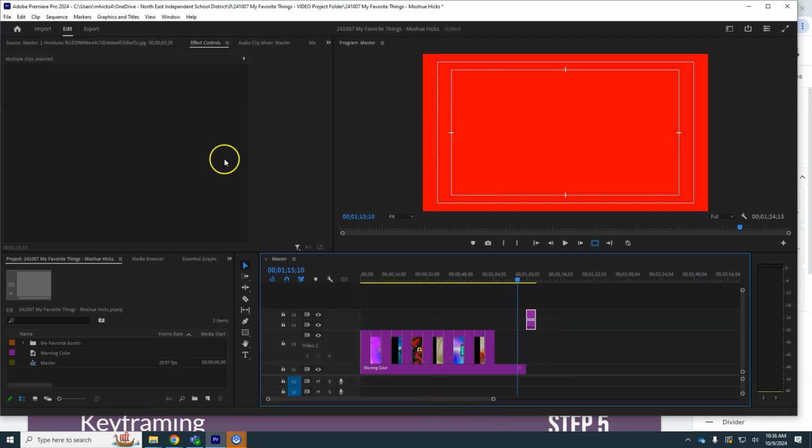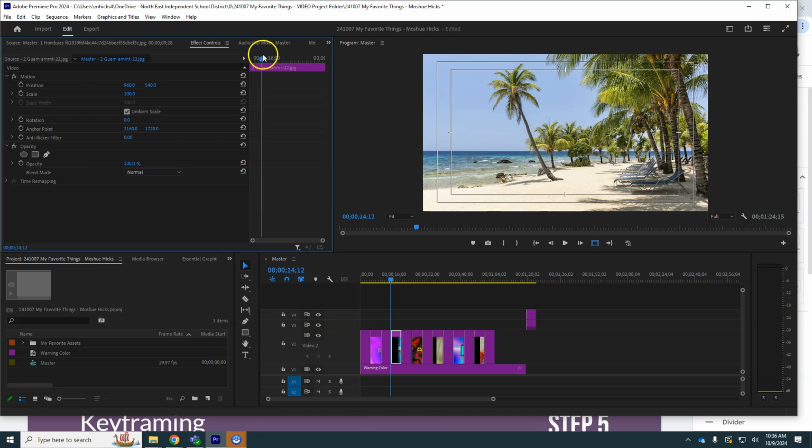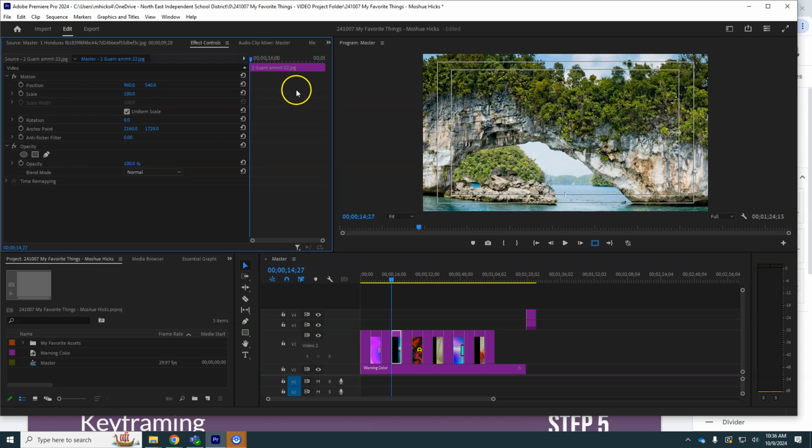So that is the basics here. Just keep in mind when you're doing your keyframing, there's only keyframes at the beginning and at the end. There shouldn't be any in the middle. And in no case can the pictures go over